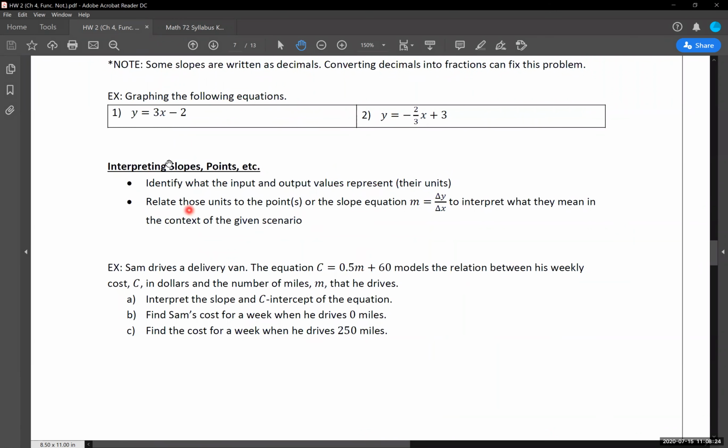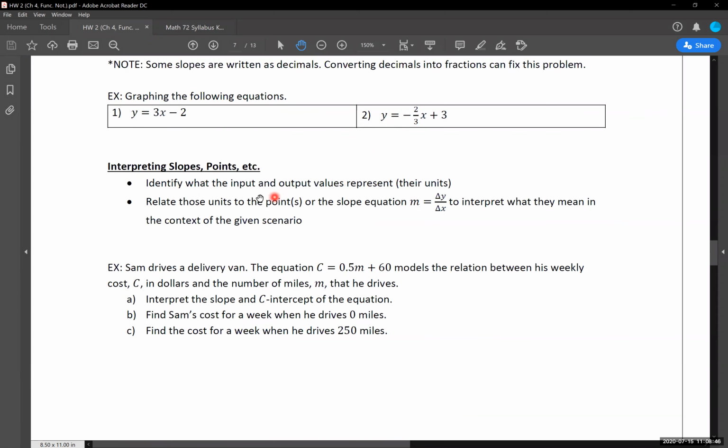So this is one that gets a lot of people, because again, this is interpretation. It takes a step back from actual raw numerical calculations, and it has us actually assign and put values to these numbers that we're working with in the context of a problem, versus just saying, oh, that's just the number 3, that's just -2, or anything like that.